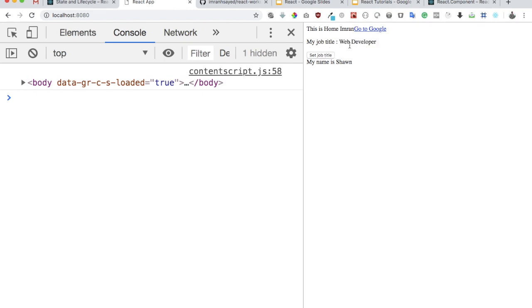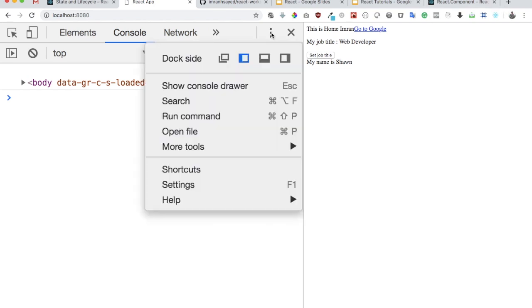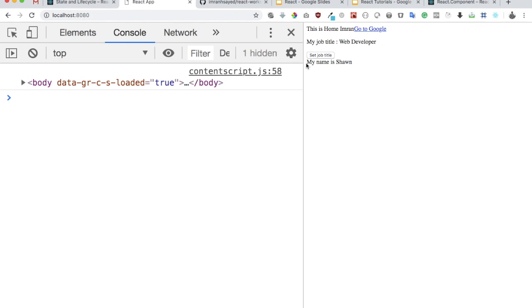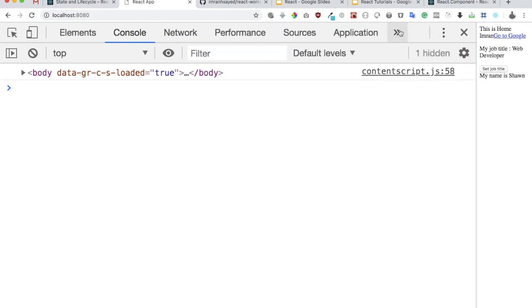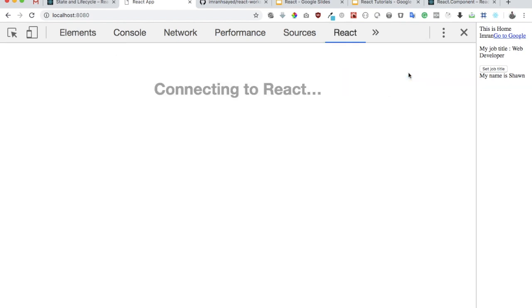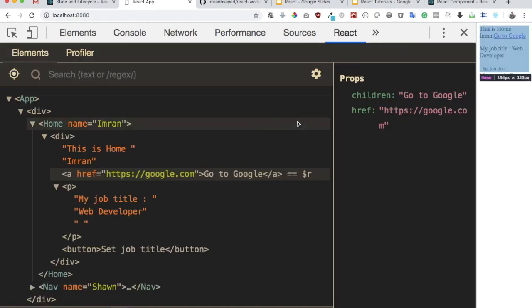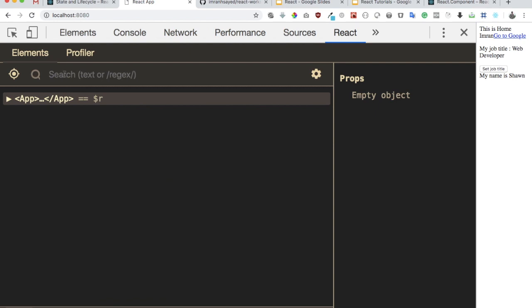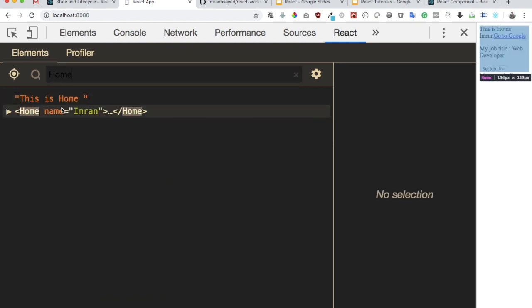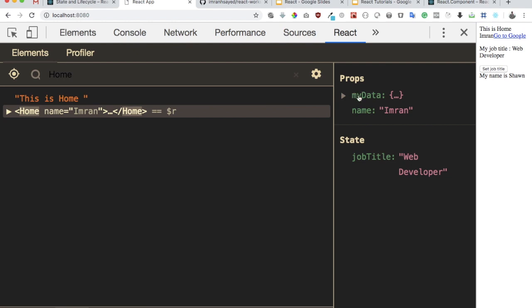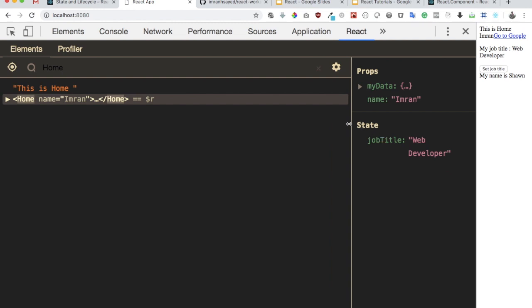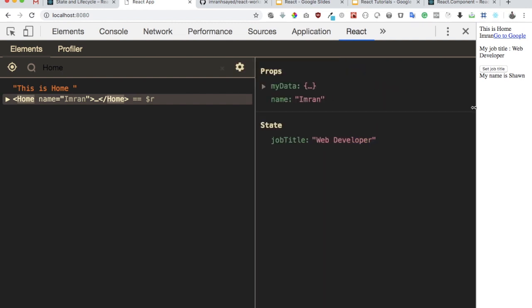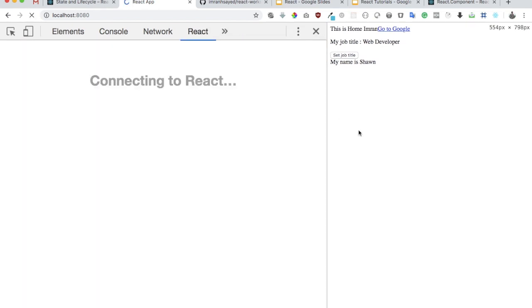Great, awesome. Now what you can also do is add a Chrome developer tool for yourself, which I'll just show you, React. Here you'll be able to see your component. So if I just search home over here, I can check the home component. I can see that I have props over here, I have state, so you can see your state, you can see your props right here, and you can immediately see what's happening with your state and props when you make changes. So if I refresh the page,